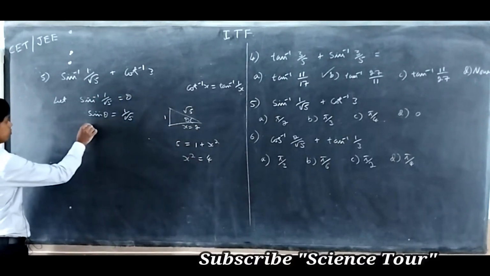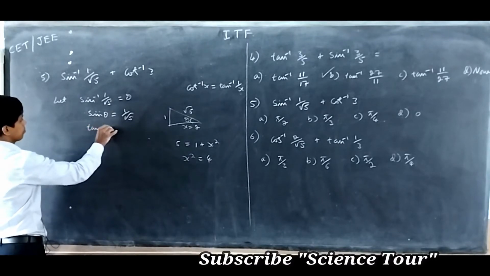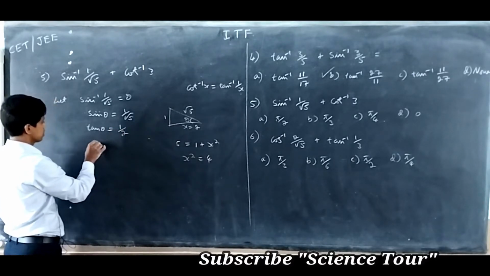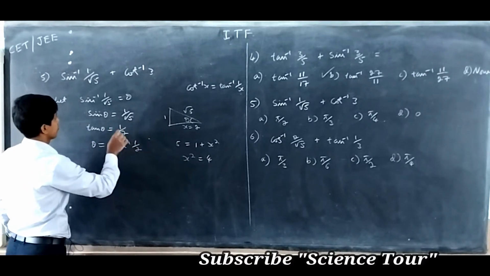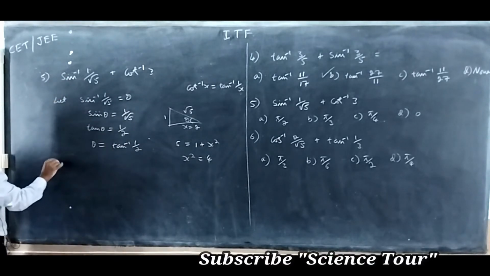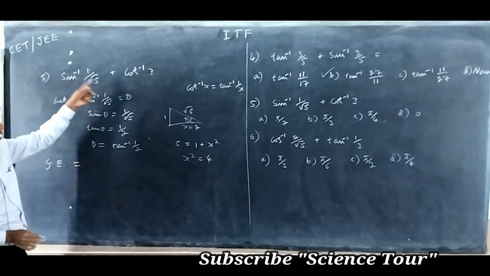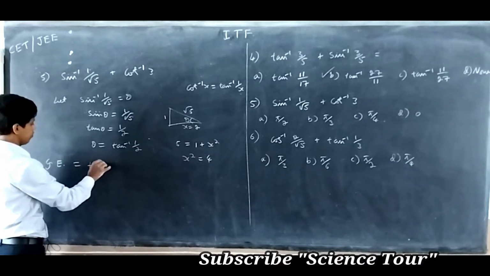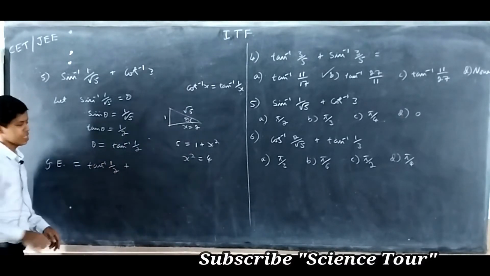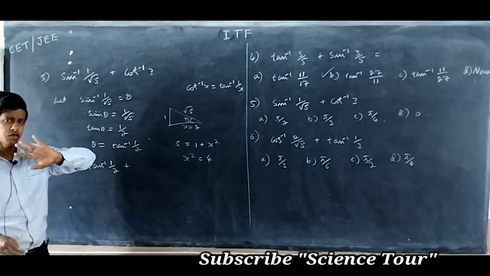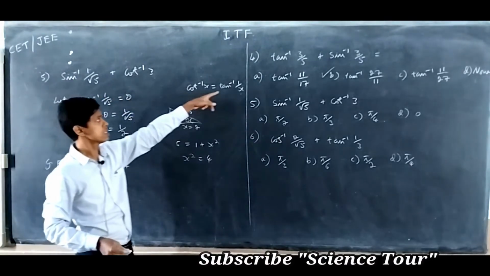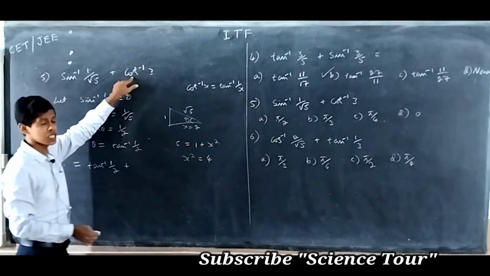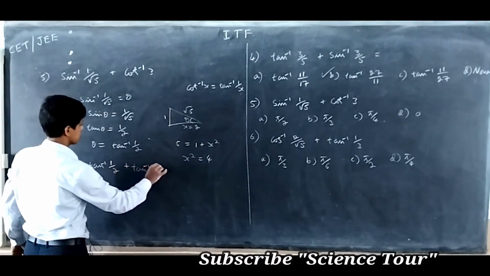Right? Fine. So now what is tan theta? Tan theta is opposite by adjacent. So that is half. So this is tan inverse of half. Now the given expression becomes: sine inverse 1 by root 5 has become tan inverse of half, right? We changed that using the triangle method, which is known to you. Now cot inverse x is tan inverse 1 by x. So cot inverse 3 can be written as tan inverse 1 by 3,